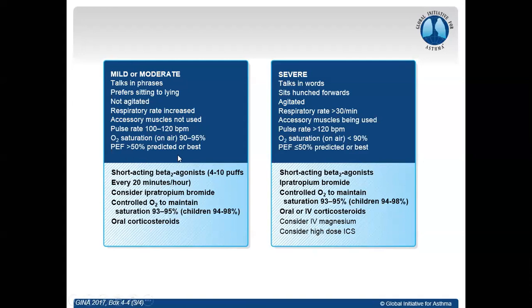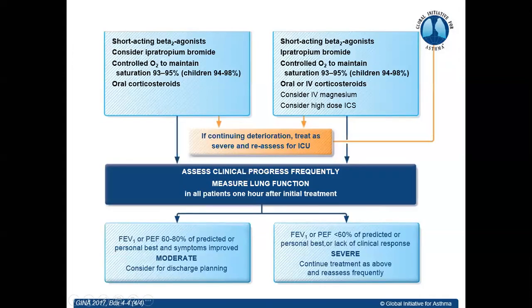But in mild or moderate, the same puffs can be used, 4 to 10 puffs every 20 minutes once, along with the ipratropium. Give oxygen for both the patients, give oral corticosteroids, and here it's going to be IV corticosteroids and IV magnesium sulfate. Okay,